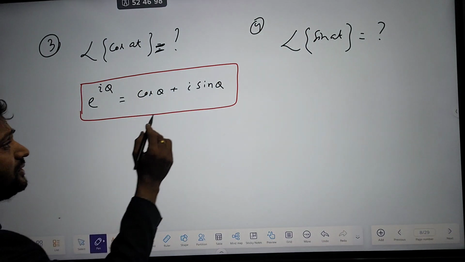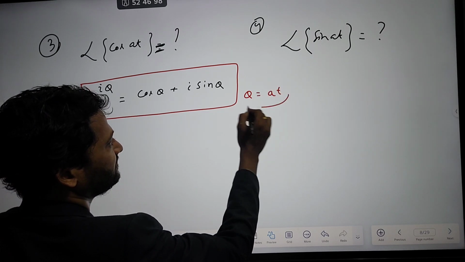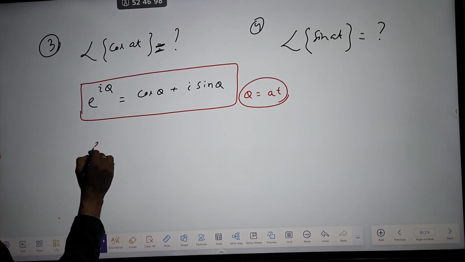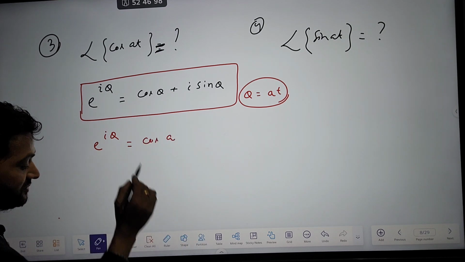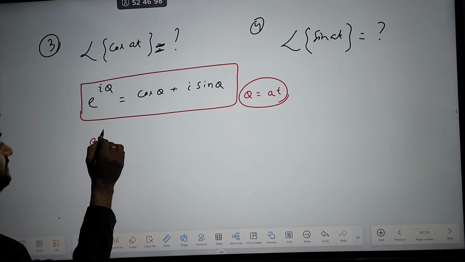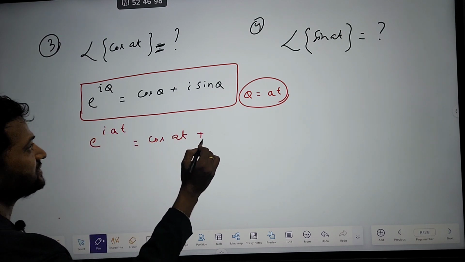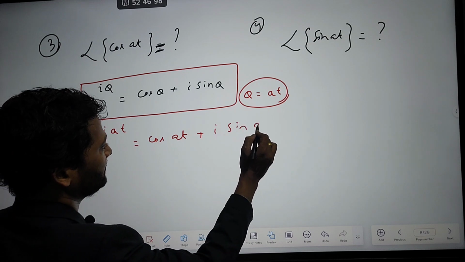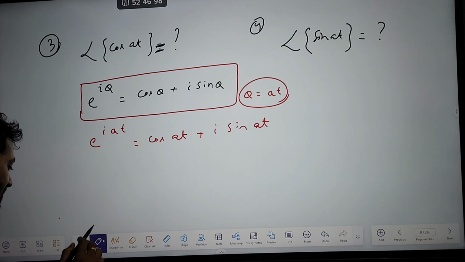See, you do one thing, replace theta with at, replace theta is equal to at. So what will this become? e to the power i theta is equal to cos theta plus i sin theta. I mean, e to the power i a t will be equal to cos of at plus i sin of at. Clear? Yes or no? So now we can